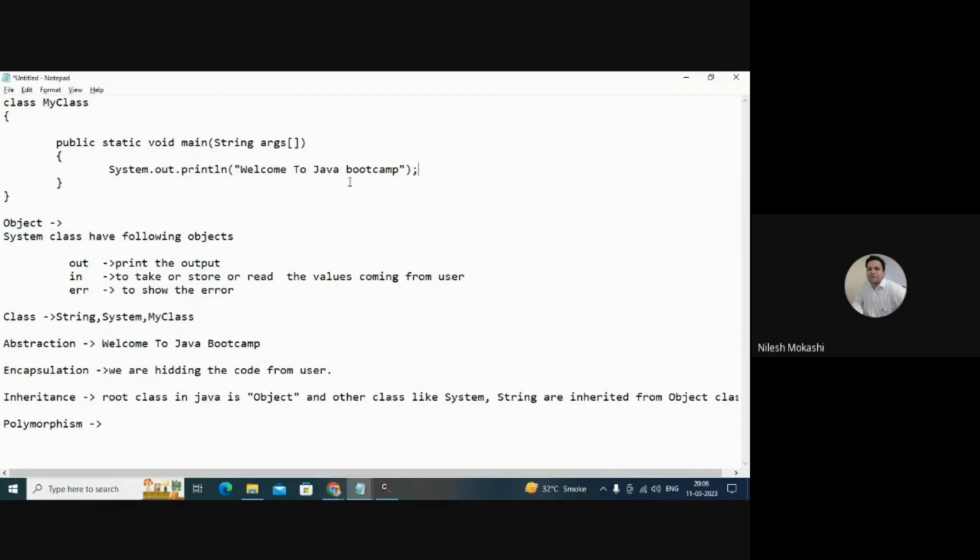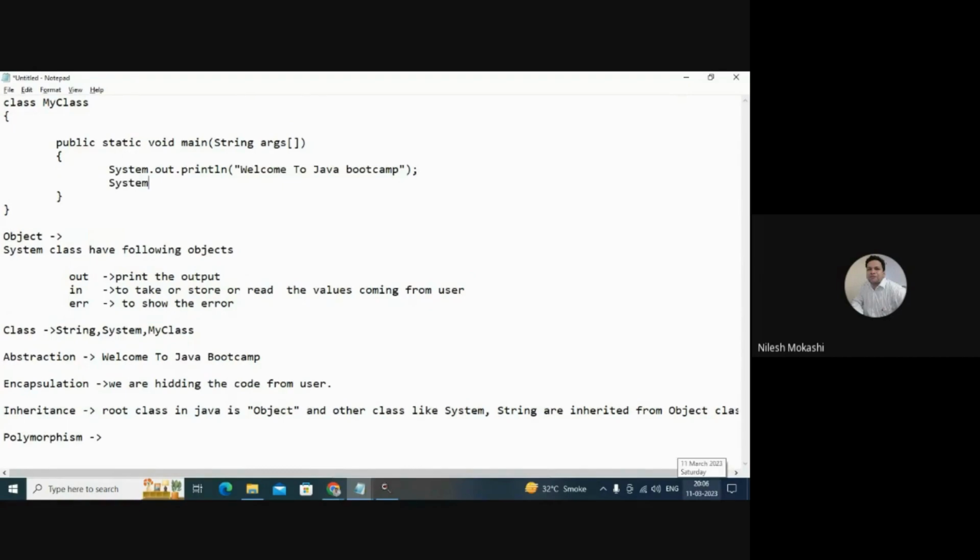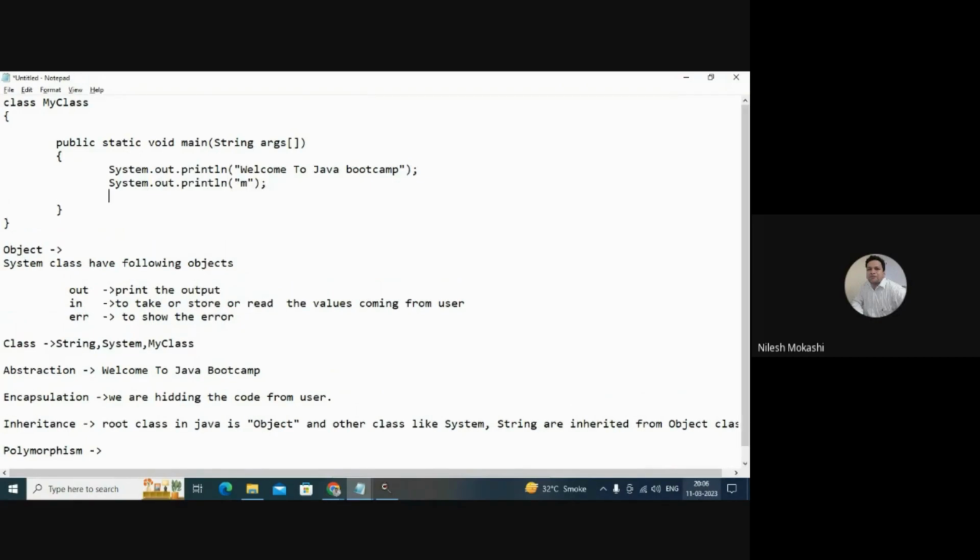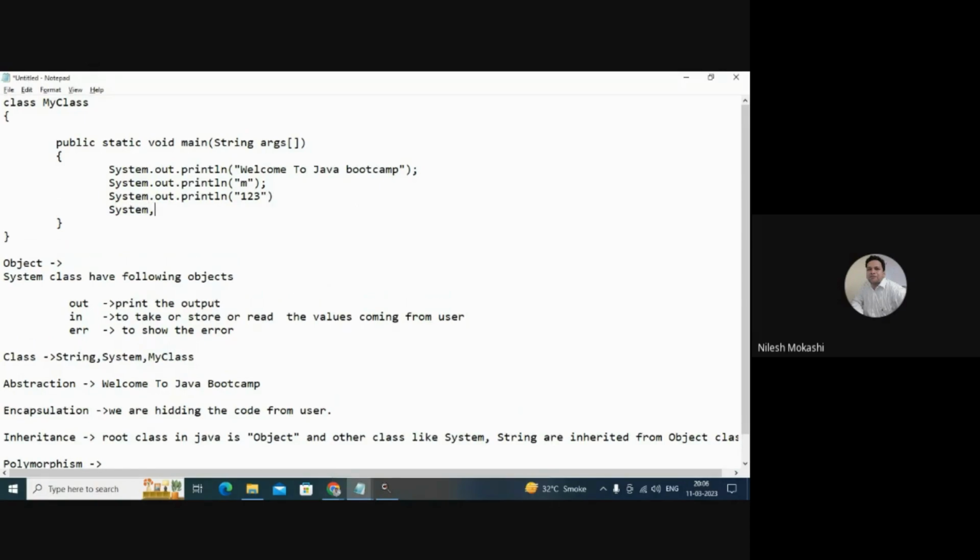See how this is how I displayed the string. Similarly, I can print a character like M for male. Similarly, I can print numbers using the println method. Similarly, the println method can print float values like this.